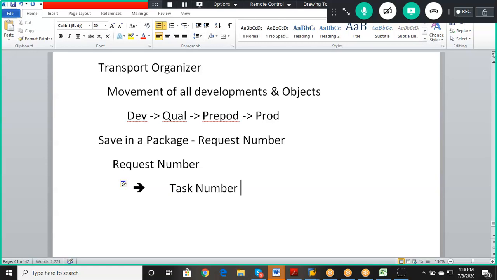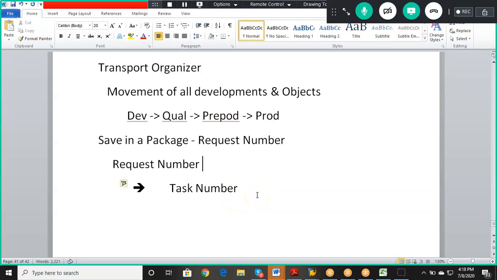This task number will be automatically generated by the system. So we'll have a request number and we'll have a task number, both generated by the system.